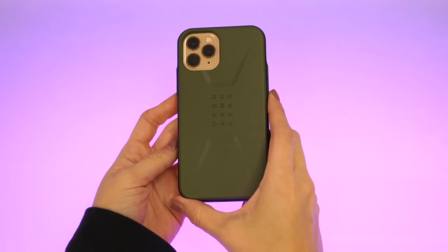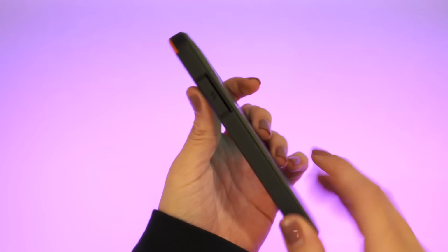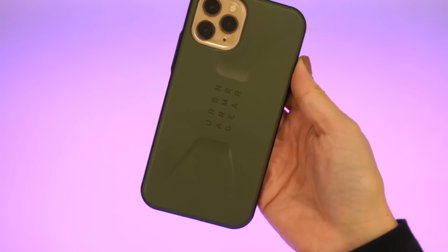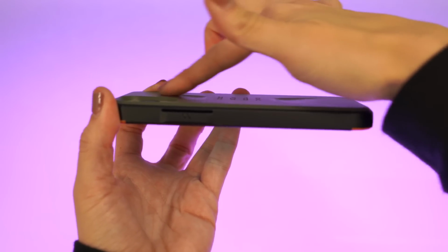Next up is the Urban Armor Gear Civilian. The pros is that this is a different looking Urban Armor Gear case. The cons is that it handles like a wood bar. So although the Civilian looks like it may save your phone, it doesn't hold up well to everyday life from my perspective. The back is just way too slick and it handles poorly for something designed to protect a $1,500